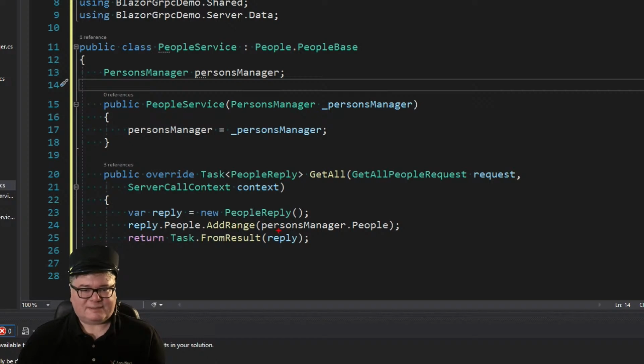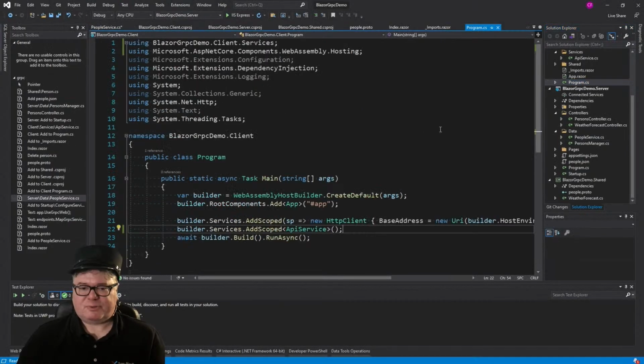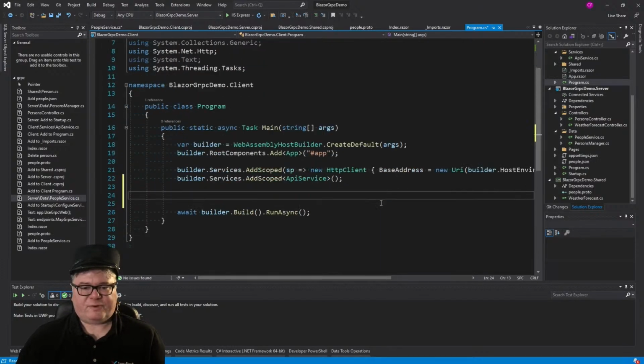Now, what's cool about this is the persons manager is now using the generated person class, not that person.cs class that we originally had. But since all the fields are identical, everything is going to work just fine. And now we're returning task.fromResult with that reply. And the reason we're doing this is because now it can be called synchronously or asynchronously from a client. Let's go to Program CS, because we have some stuff to do here if we're going to be able to